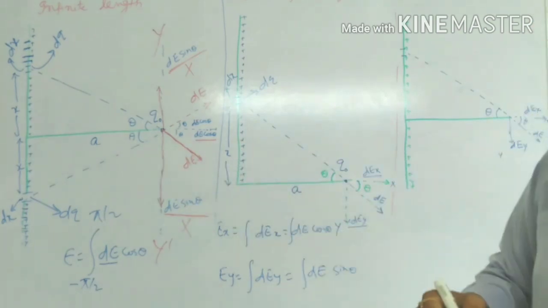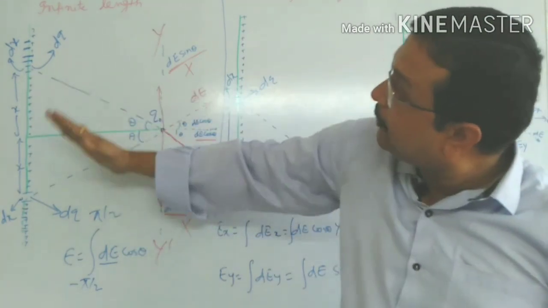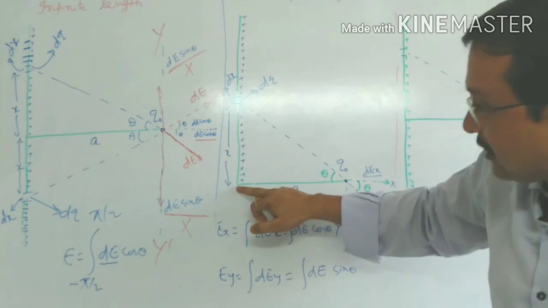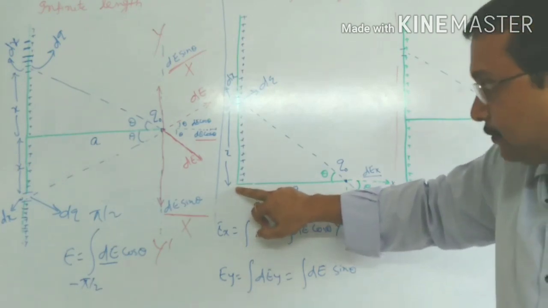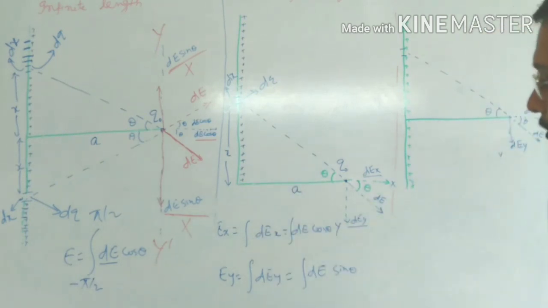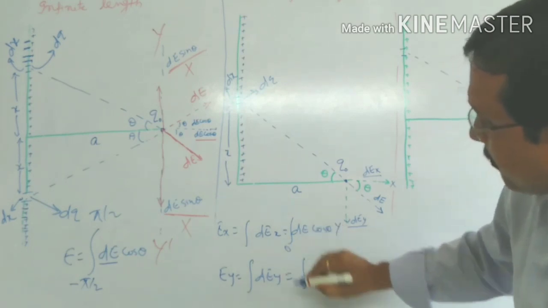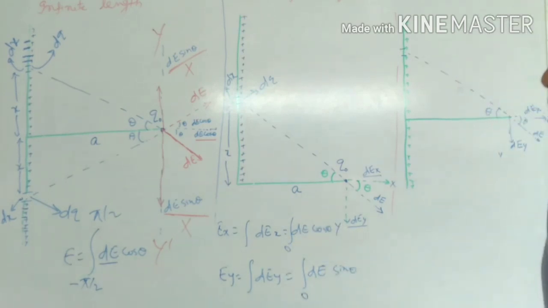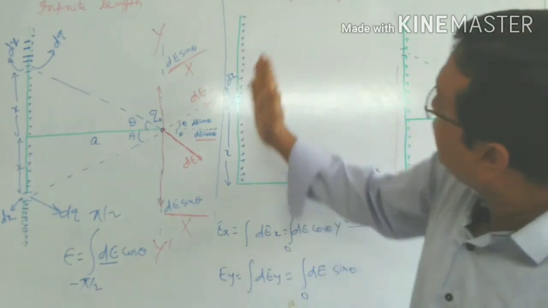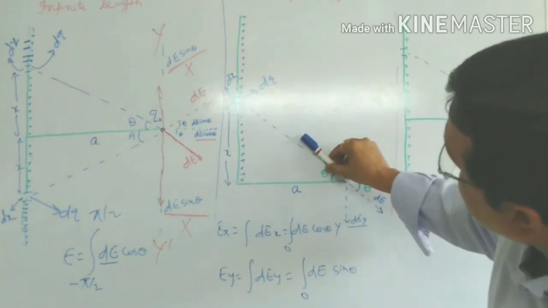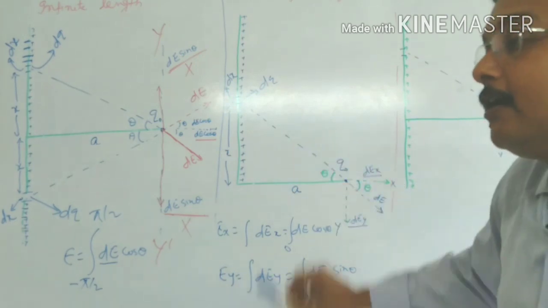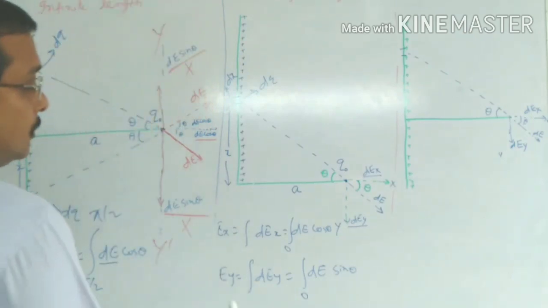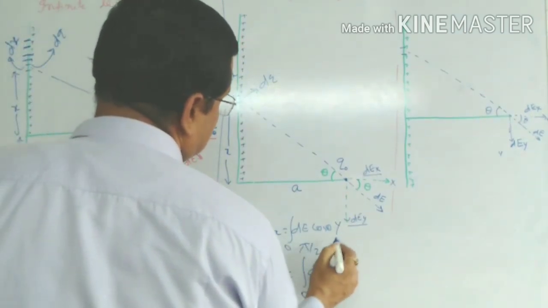Now see what the limit is. In that particular case we had the limit minus pi by 2 to pi by 2, but here the reference line starts from here, because the first dx will start from this point, so it is 0. The lower limit is always 0, and the upper limit means infinity. When we go above, this theta will keep increasing, and at a point it will reach positive pi by 2. So here we have to do the integration up to pi by 2.